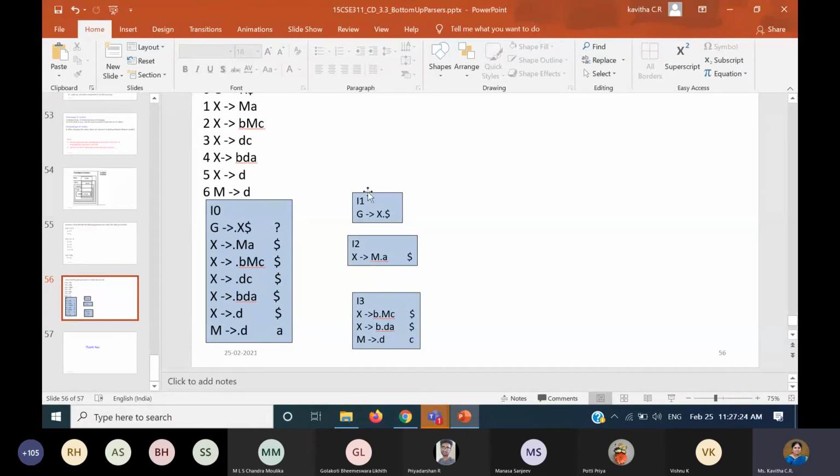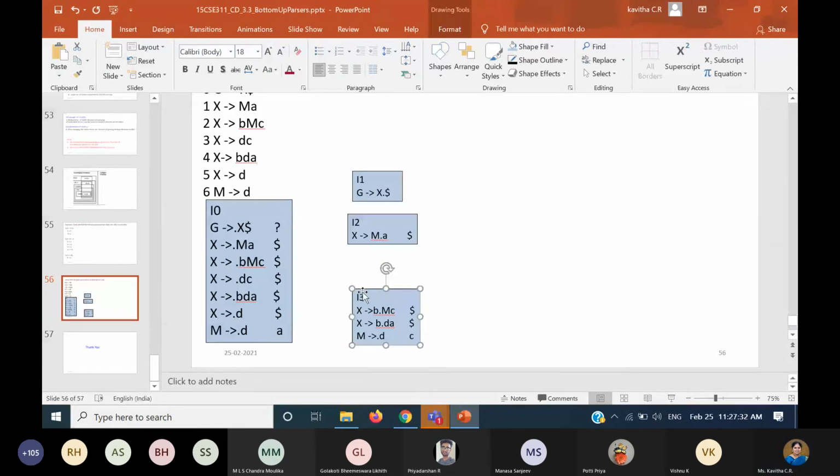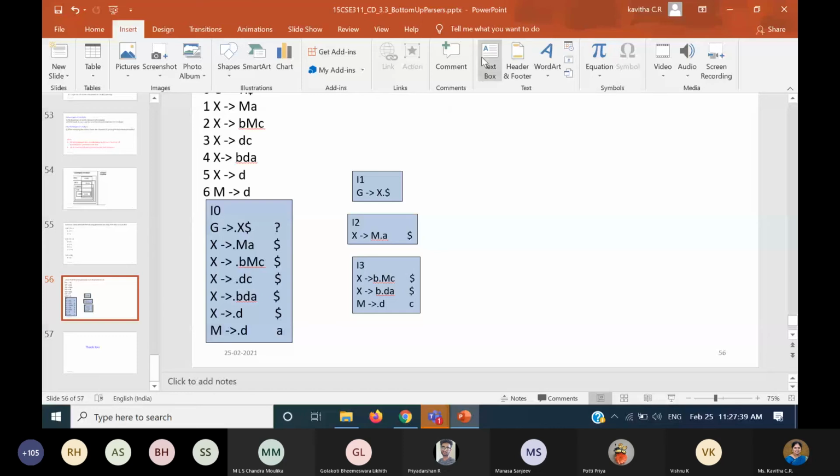So when I want to read D, you can read D and find the next state, which is going to be I4.